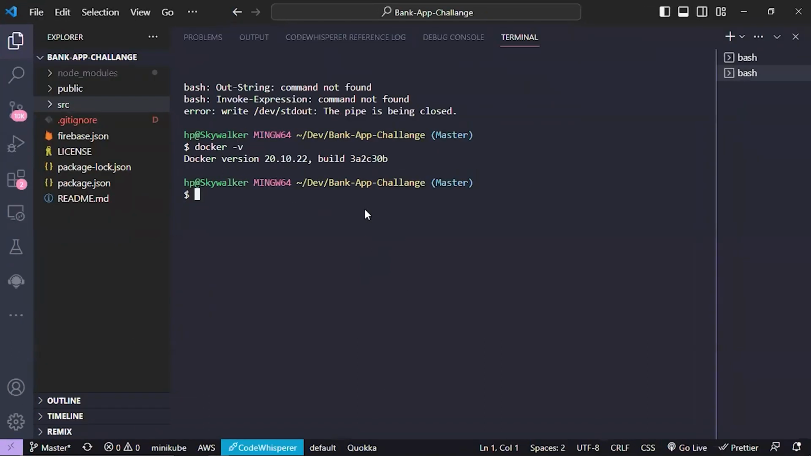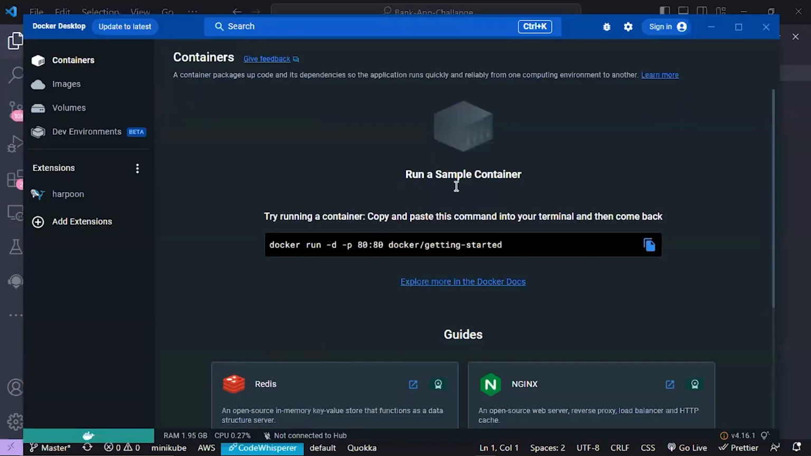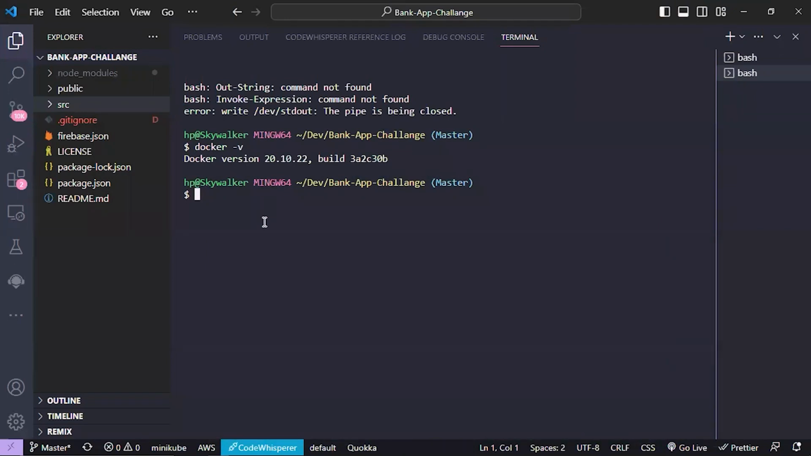Now, please make sure you have Docker Desktop also up and running, or you may run into errors. So we know Docker is running now. We have to create something called a Docker